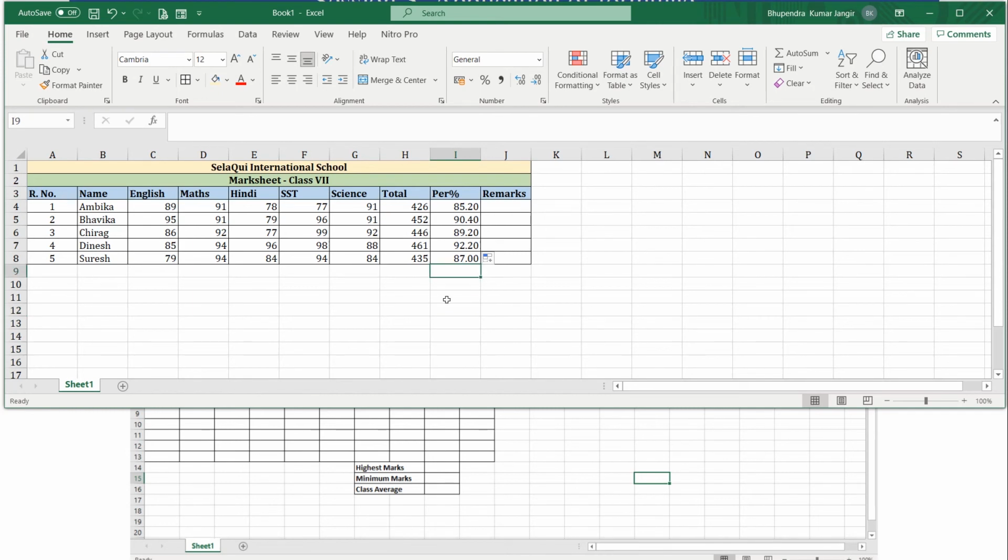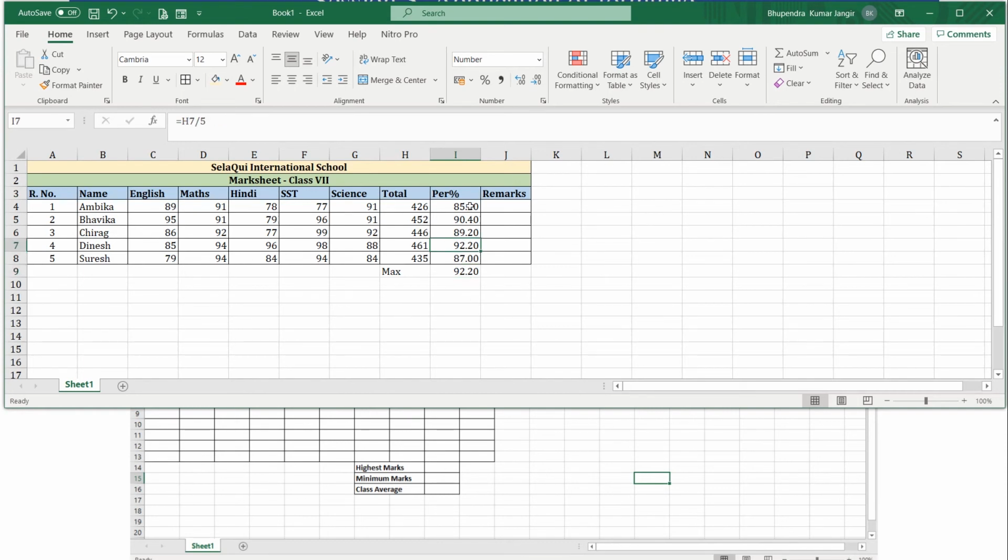Maximum marks. So I'll select all these and again go to the formula. Here is the maximum. It will give me the maximum. So I can write against this max. Now I will have to identify who is having the maximum marks. 92.20, that is Dinesh is having the maximum marks.